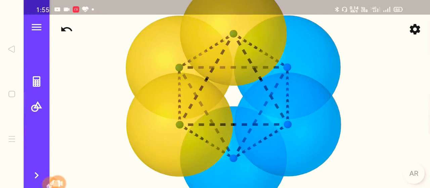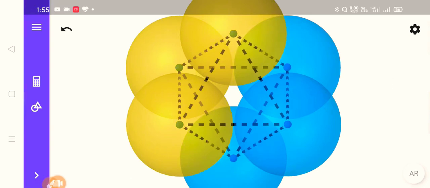In the textbook you will see tetrahedron and octahedron shapes mentioned in figure 1.21. So you can compare this shape, which is represented between these spheres with dotted lines, with the figures given in the textbook.